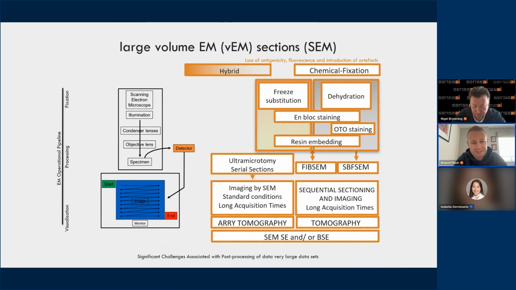So this slide, the orange section, really highlights the common or established techniques for volume EM. They're all room temperature, relying on chemical fixation, some form of dehydration, chemical staining of the sample, resin infiltration, and embedding. But one of the areas I've been working on for the last 3 or 4 years, and actually it established the collaboration with Nigel and the guys at Liverpool University, is to actually do volume EM in the cryogenic state, where we use high pressure freezing and plunge freezing